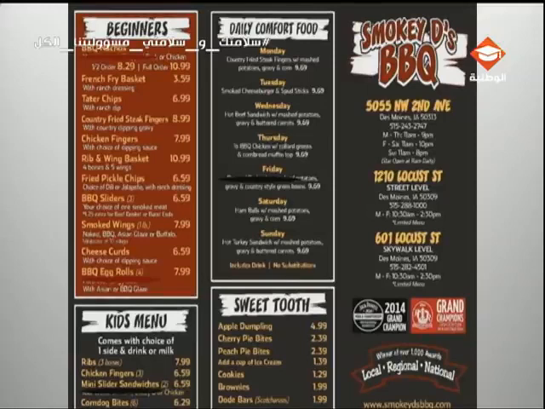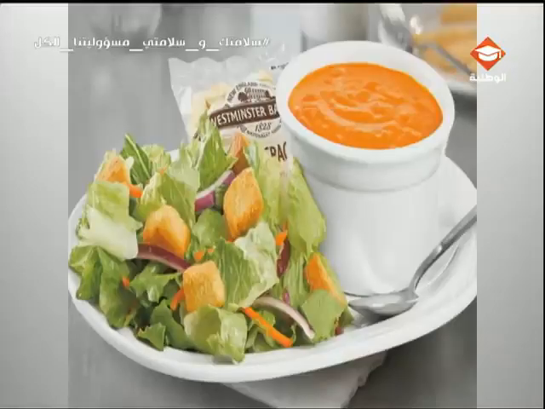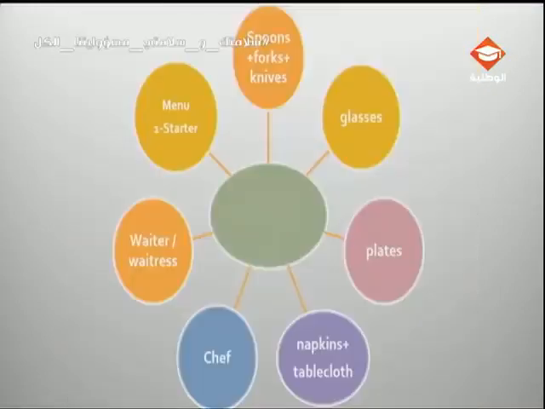Next up, here is a leaflet or a small paper in which we find menu parts, and it's written food and drinks. It's called the menu. And as you have seen, the menu is composed of many parts. The first part contains food like this. Look at this picture. You can see salad and soup, okay? So salad and soup, in the menu, you find them in the part of the starter, okay?